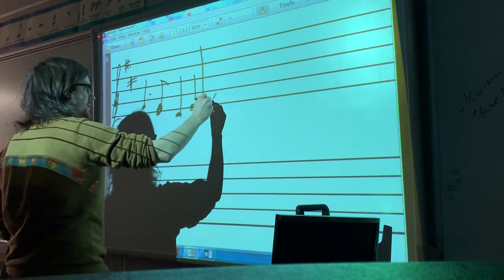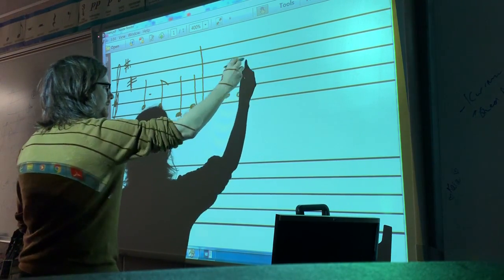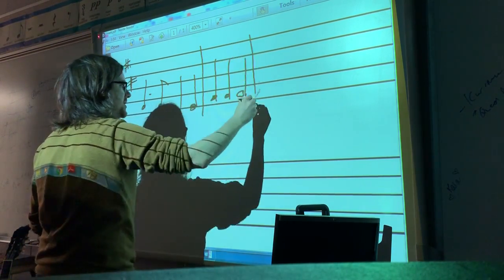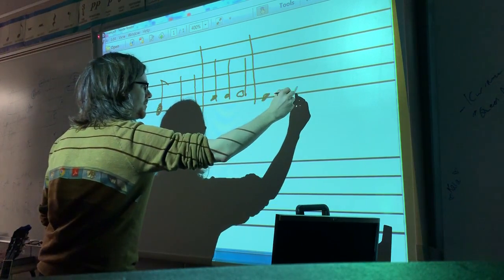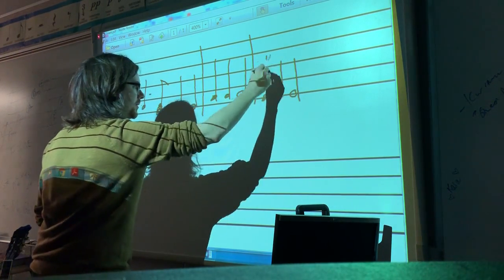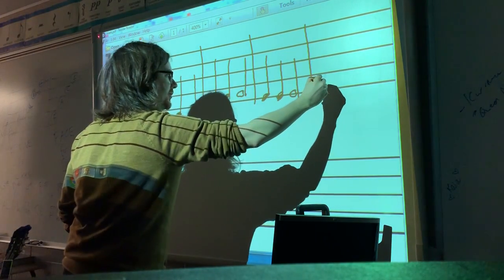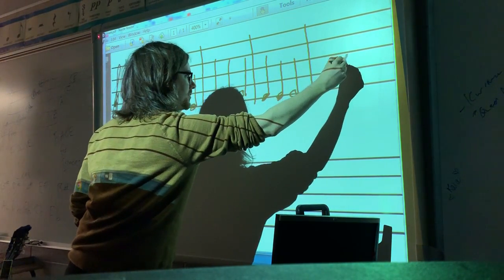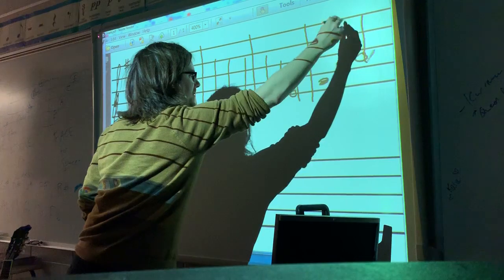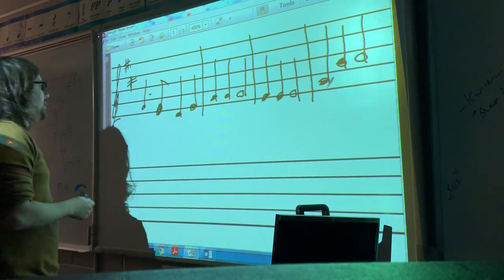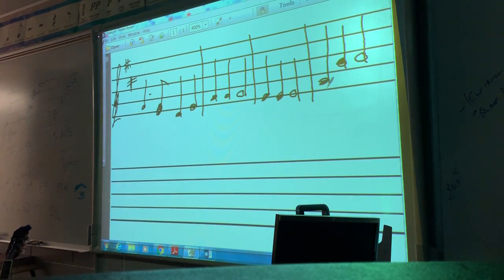Ba da da da da da da. E's right here, and then F sharp and 2 A's. Okay, that's my first line of my melody. Good enough. Okay, so if I wanted to transpose this really easily, I would figure out what the offset was